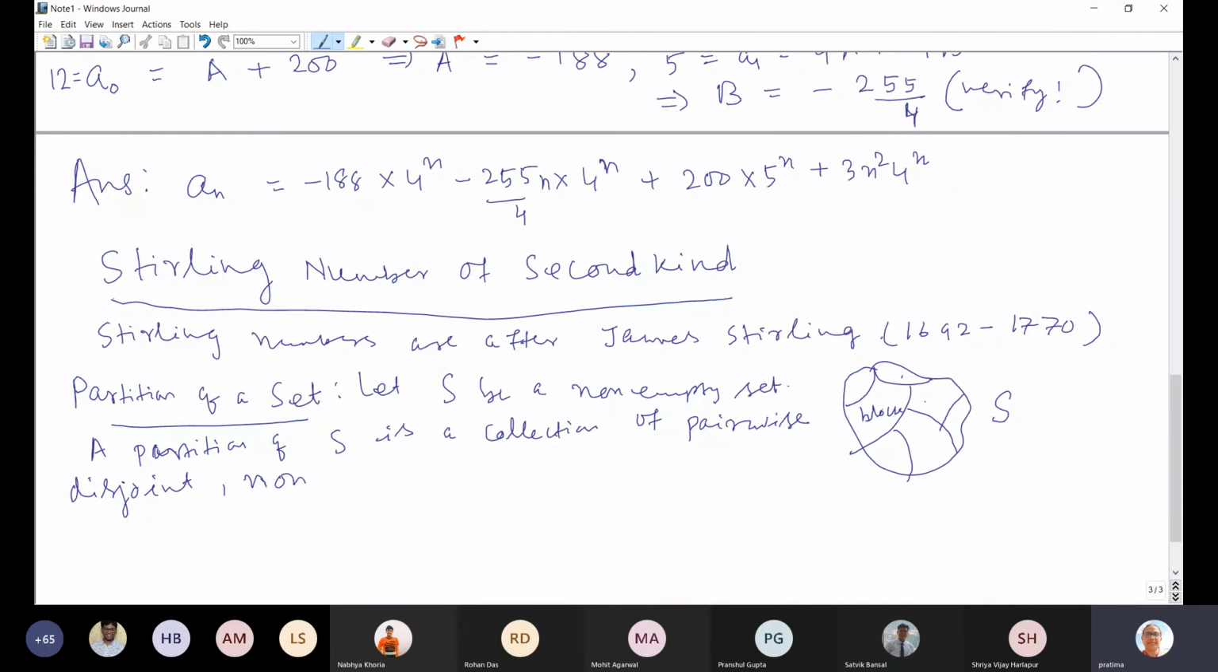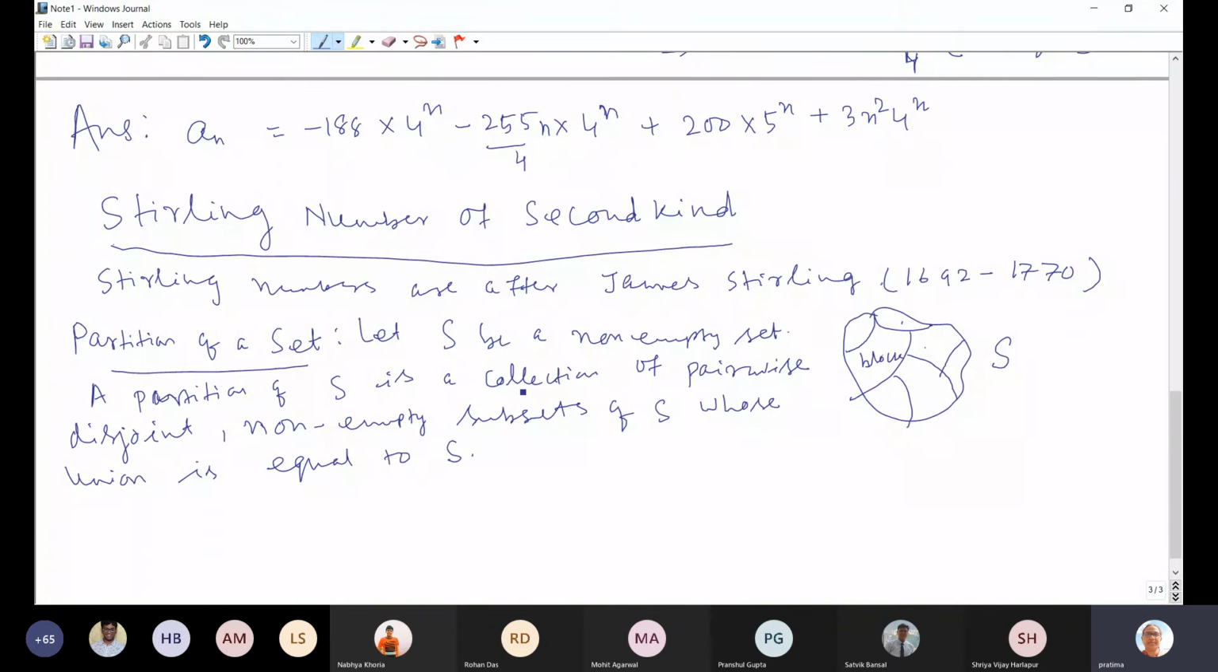No, I mean there is no need of taking the empty subsets. This will not give anything. Okay. So a collection of pairwise disjoint non-empty subsets of S whose union is equal to S. Okay, this is what I mean. This is what a